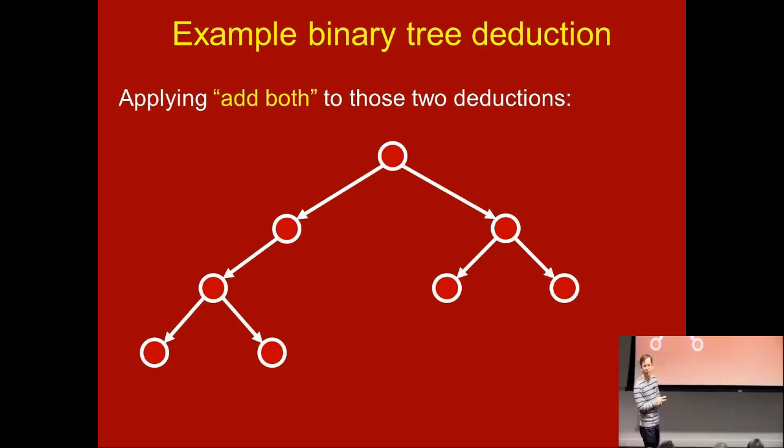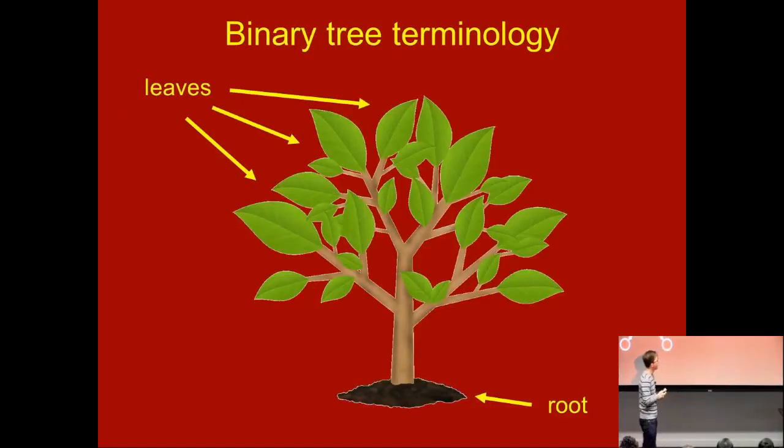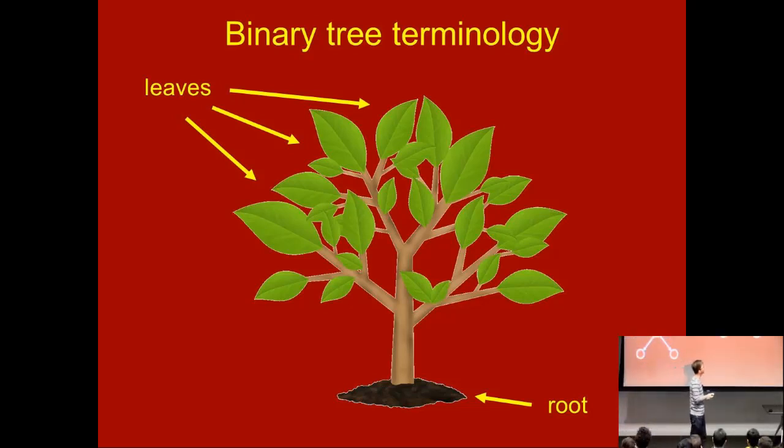While we have binary trees, maybe you've seen them before, but in any case, I'd like to remind you of some binary tree terminology, because they come up so often in computer science. These circles are called nodes or vertices. These lines are called edges. The one at the top is called the root node. And the other important concept are the leaf nodes. A node is a leaf if it has no children. OK, so this one has 4 leaves. This one is not a leaf because it has one child.